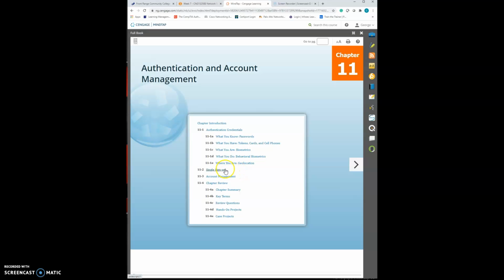Single sign-on, very popular. You use Facebook, Google. These are all accepted logins, the idea is one company trusts another company, therefore it trusts you. We learned about this very early on, kind of like third-party trust. Account management,